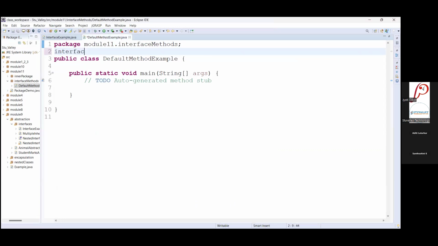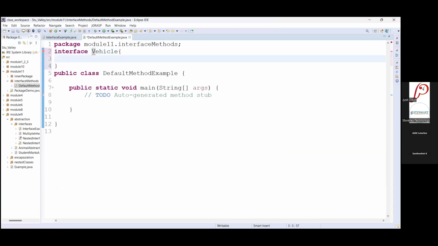Suppose the interface is, I will use the same, Vehicle. The interface name is Vehicle. This interface has first an abstract method. Suppose the method is void startVehicle.